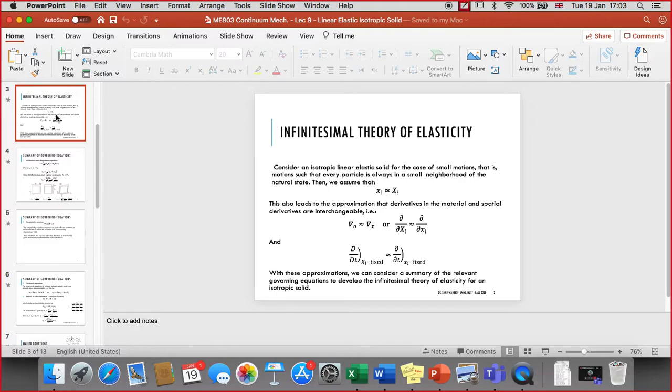So that is, the material stays in its vicinity, deforms just so close to its own original position